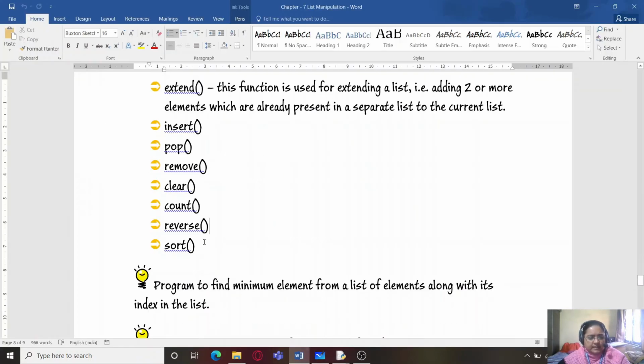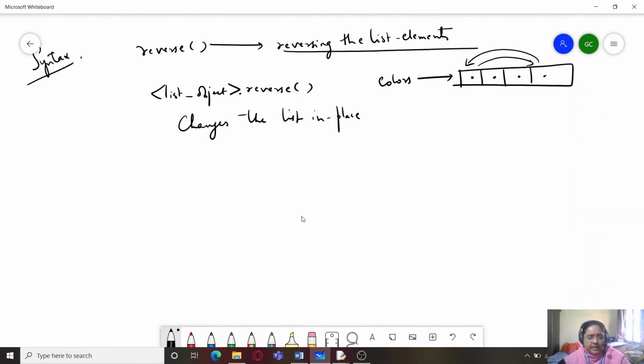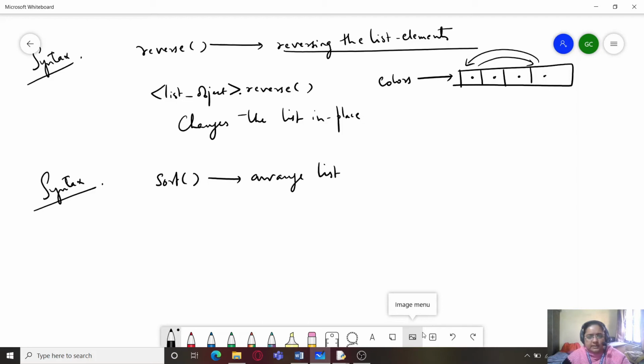The last function is sort, that is to sort the elements, and it is also used to arrange the elements in a particular order, either ascending or descending order. Arrange list elements in ascending or descending order.